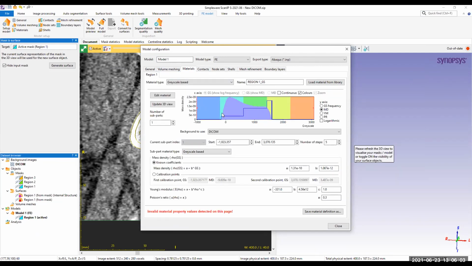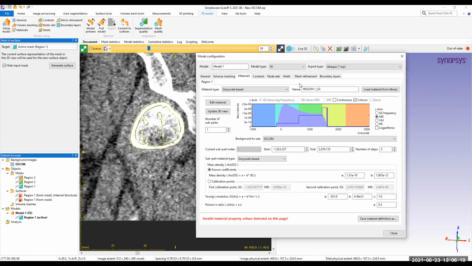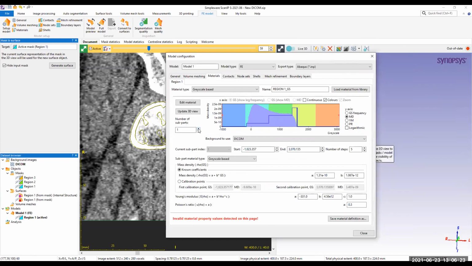Now I have the complete histogram of the grayscale values for this specific data set, and I can select a specific region. This is not completely defined right now because it is done randomly. So I can define subparts inside it. Subparts define different material categories.